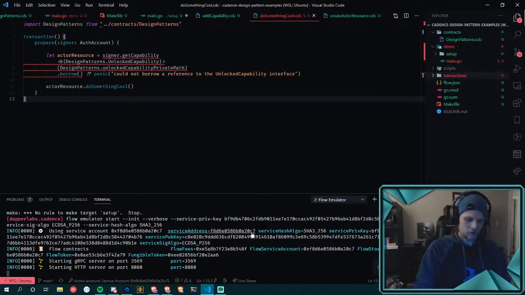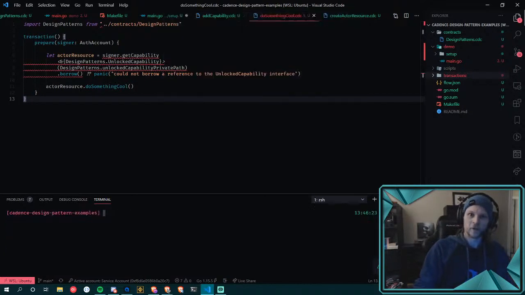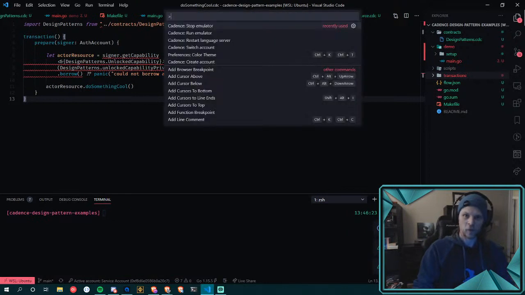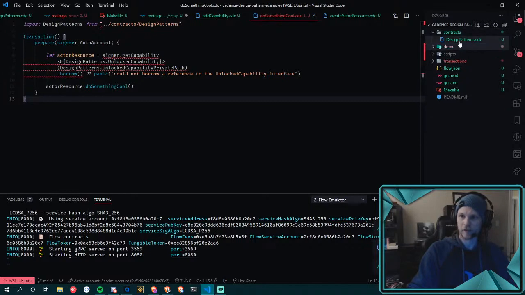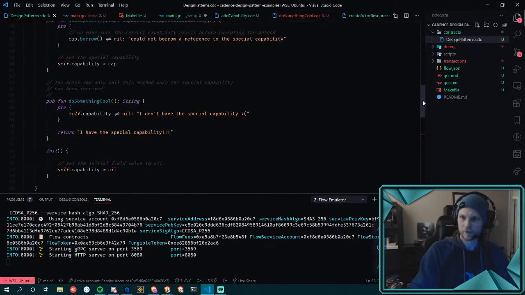So I can't demonstrate it with the emulator itself because the emulator won't do what I need it to do to give us the actual UI elements to deploy contracts and run transactions,